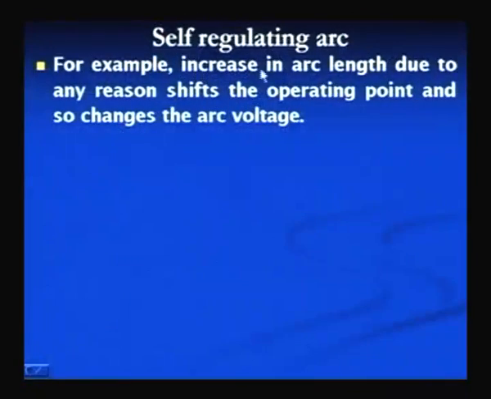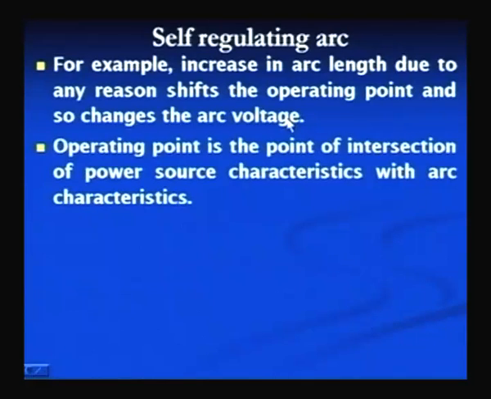For example, an increase in arc length due to any reason shifts the operating point, so as to change the arc voltage. Means if there is any change in arc length, it shifts the operating point, and accordingly a change in arc voltage is noticed. The operating point is the point of intersection of the power source characteristic with the arc characteristic, and we will see in the next slide how the operating point is obtained and how it is shifted